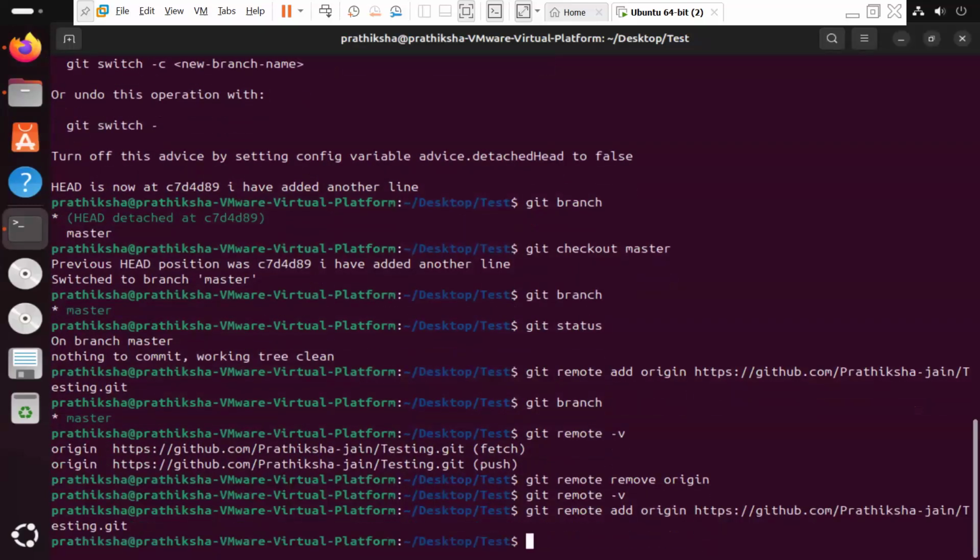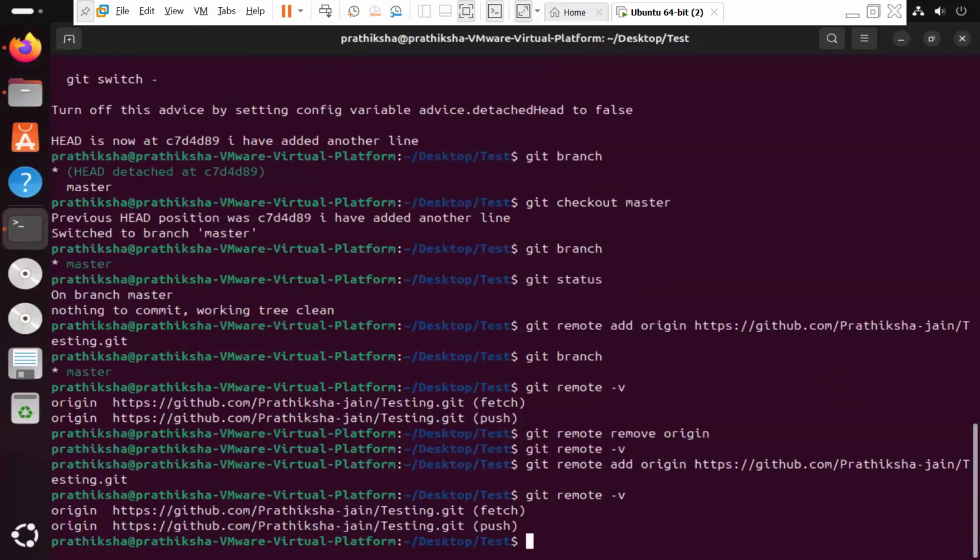That's it. Let's check it. Remote -v. Yes, the connection has been established. I hope you got to know how to link your local repo to the GitHub remote repo. Now, the next most important thing is,